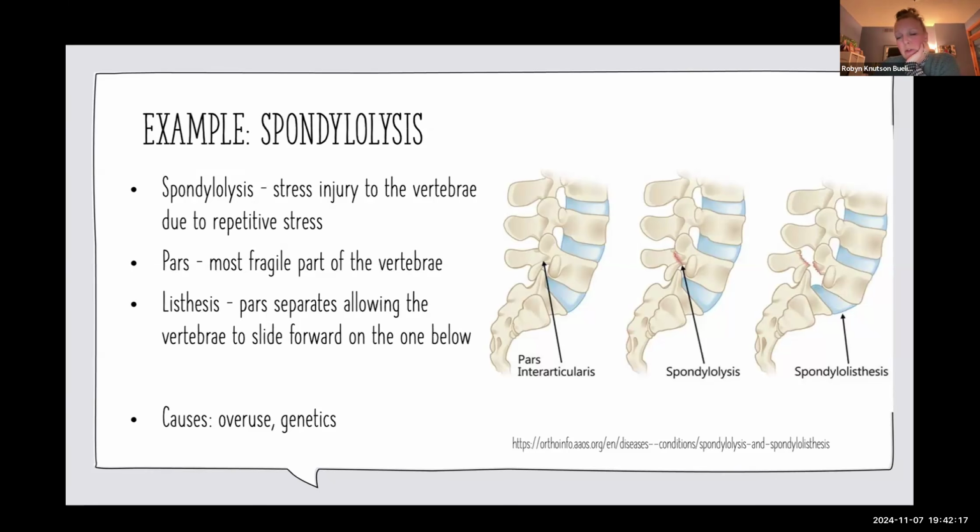You get a lot of stress on this when you do hyperextension motions. So we see this when they spin, we see this when they jump, we see this in lots of positions that figure skaters make. If it gets really bad, you'll get a crack and that vertebra can slide forward, which is obviously more dangerous. This is caused by overuse, but also caused by genetics. Sometimes people are shaped in a way that the pars isn't fully hardened bone, and then they are more likely to have injuries to this area.